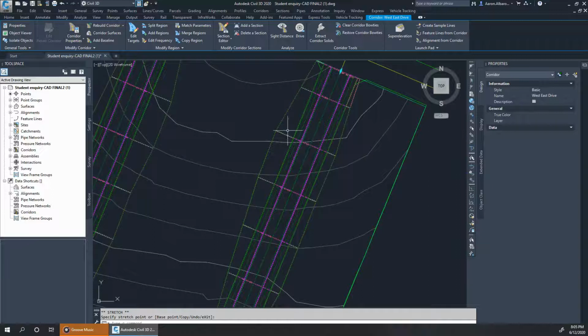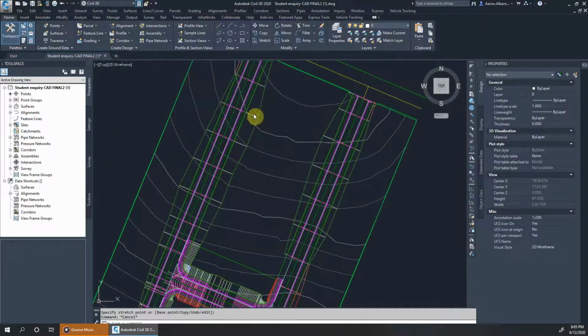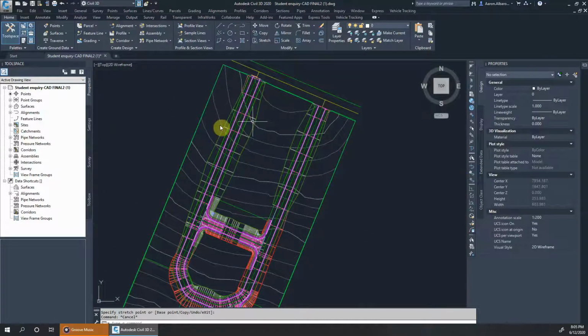And I can see the frequency of the sections. As you can see here, I've got one section here, another section there. That means the frequency of the sections is not very high. I've got a very long distance between the sections, so I prefer to reduce that. Let's make them at least 5 meters around this area here. So if I select the corridor,